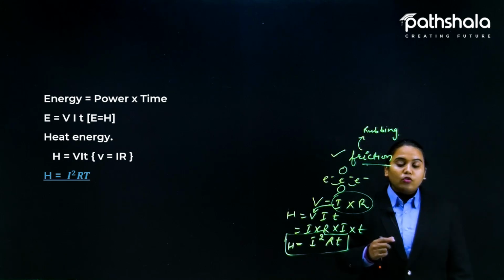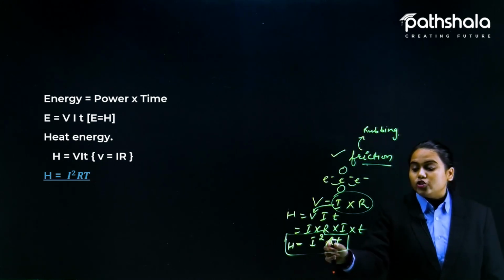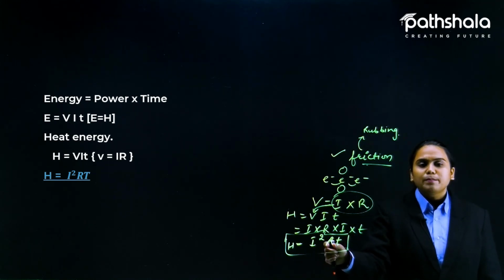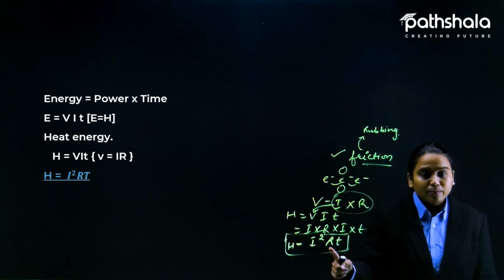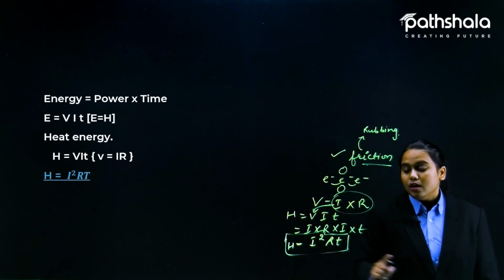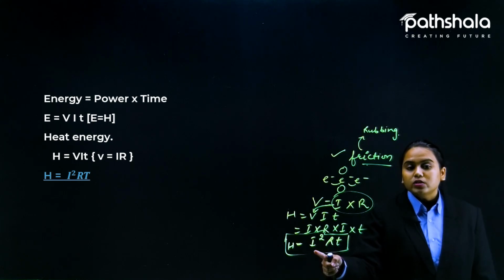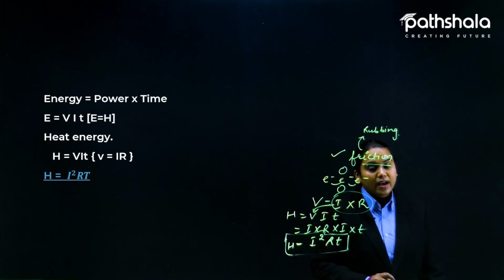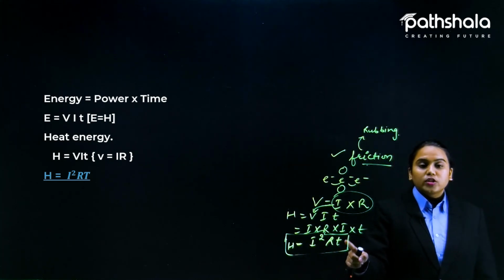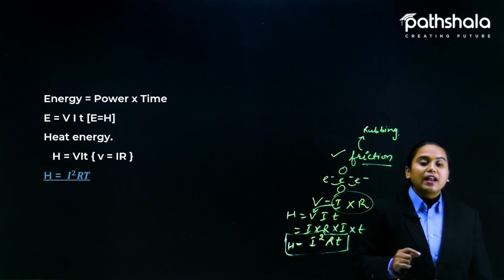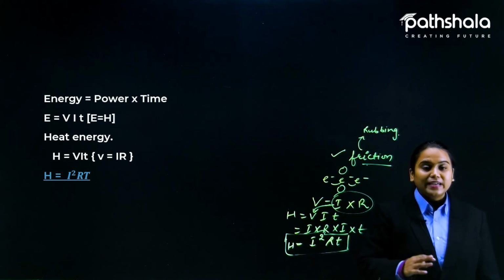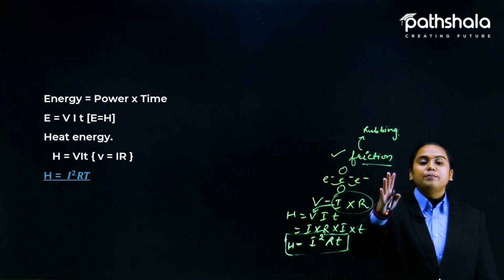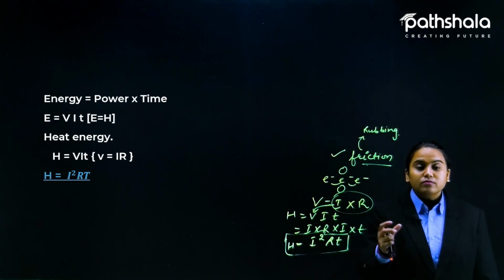If you are going to use any device, you can easily check its properties, which are written on the back side also. The resistance provided by the device would be written there, and the current used, and the heat energy dissipated by the device during such hours. So this is how you can find the value of heat energy dissipated by any kind of device.